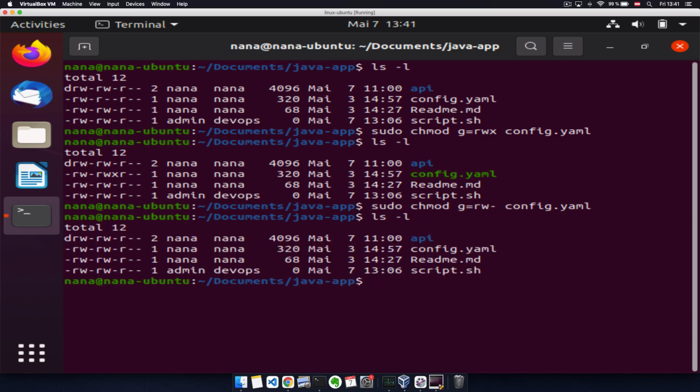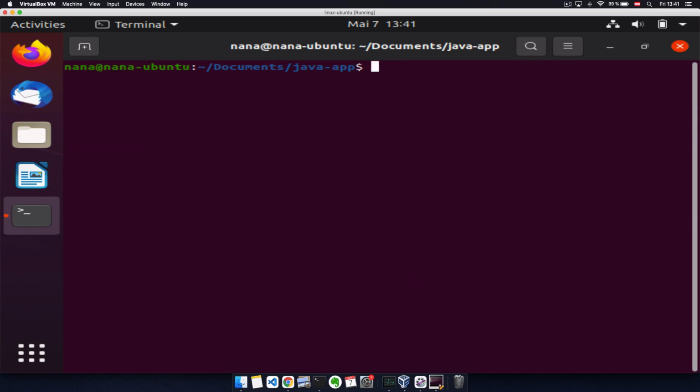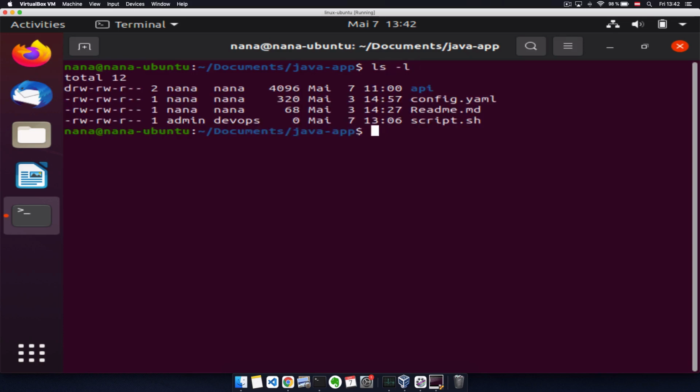And the third way, which is also a very common way of doing it, probably the most common of these three options, is using numeric values. So right now we saw permissions with so-called symbolic values with letters. Now we're going to use numeric values. So how does it look? Again, let's display our permissions, and let's say we want to set permission for all the owners in one value. We can do that